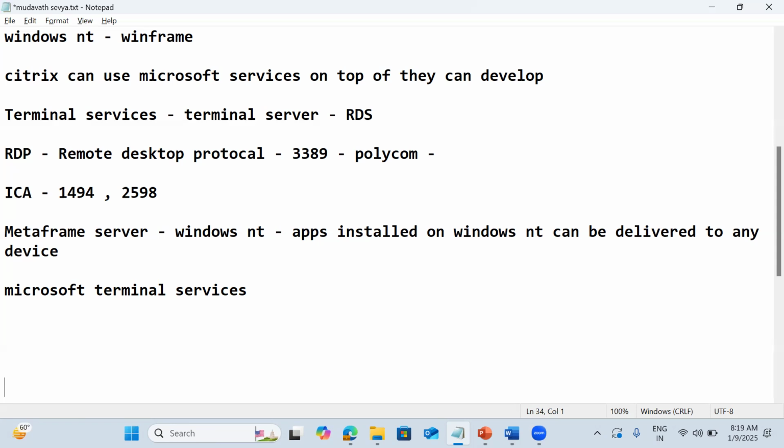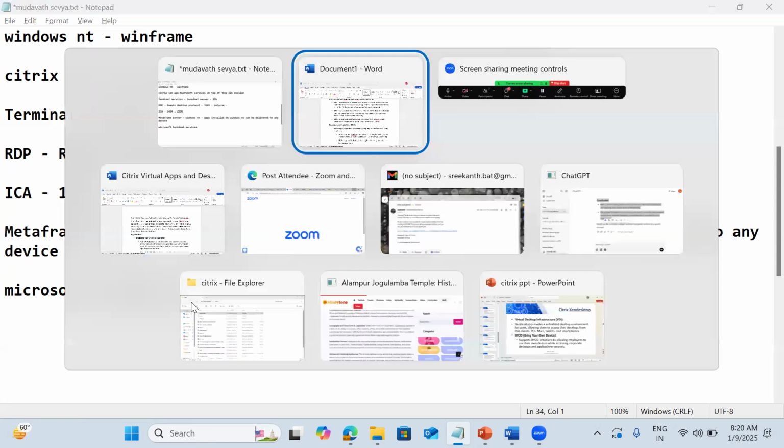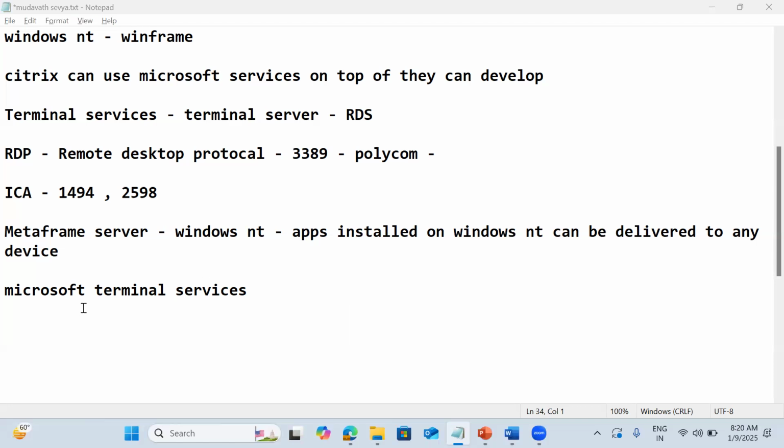On top of that, with MetaFrame server, Windows applications hosted on the Windows NT server can be delivered to any device. That is the concept of MetaFrame server. The protocol they use is ICA, which they developed themselves.